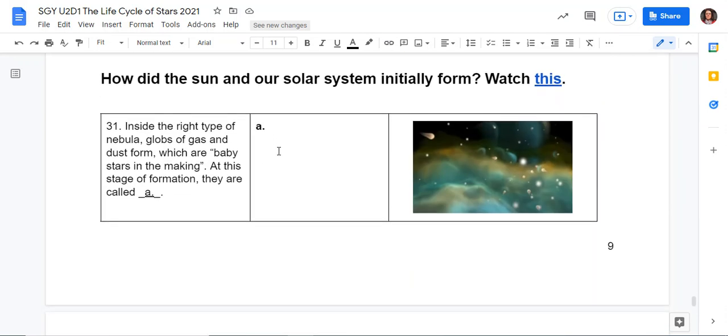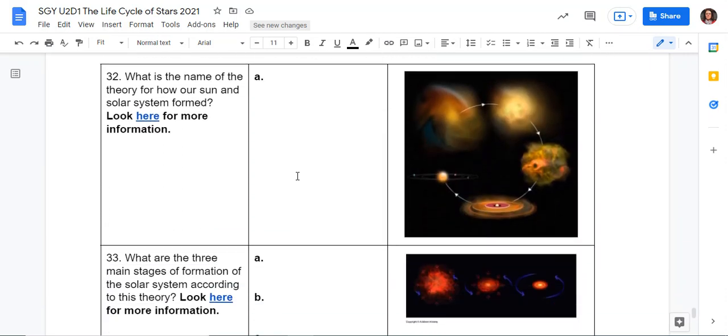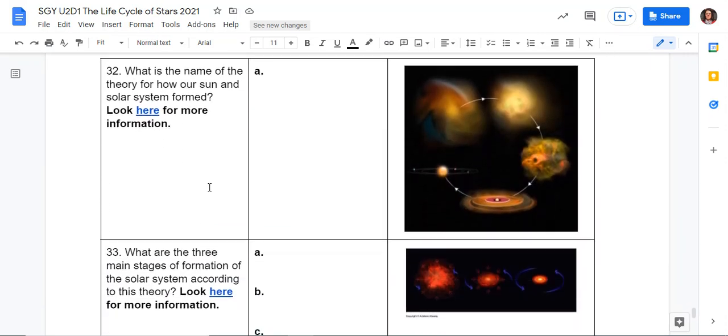How did the sun in our solar system initially form? And here is a good video you can click through on this to watch. Number 31, inside the right type of nebula, globs of gas and dust form, which are baby stars in the making. At this stage of formation, they are called protostars, and those were up in that initial diagram that we talked through. Number 32, what is the name of the theory for how our sun and solar system formed? And the name of that theory is depicted here on the right, and it's the solar nebula theory, solar nebular